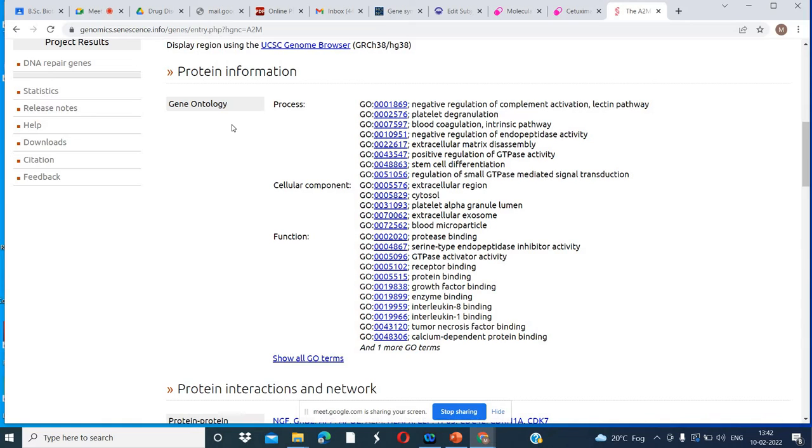This shows its relation with the immune response pathways. Tumor necrosis factor binding, calcium dependent protein binding. So these are linked, I think, with immunity. As the name of the gene also suggests, the gene is involved in immunity. So these are all the annotations about the function that are provided here. Okay.